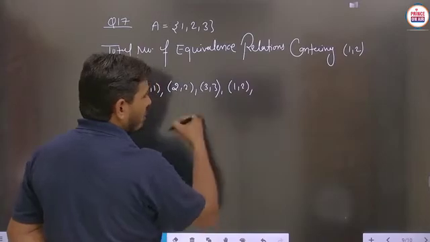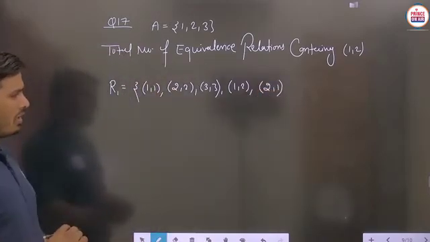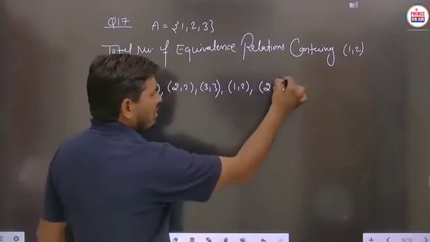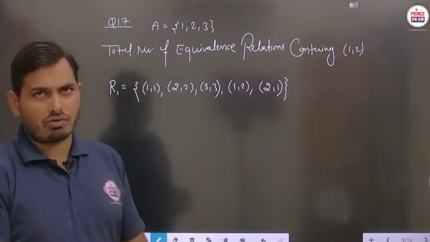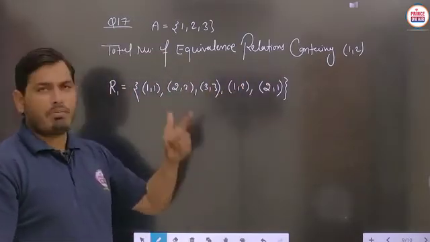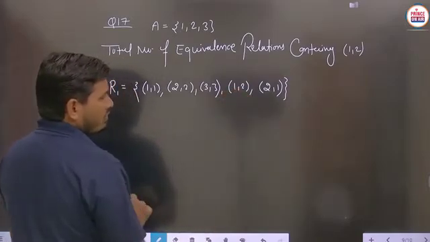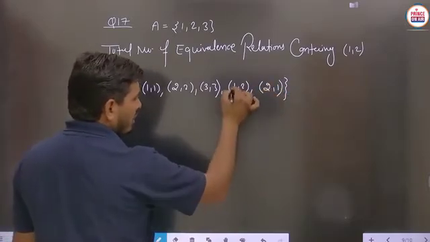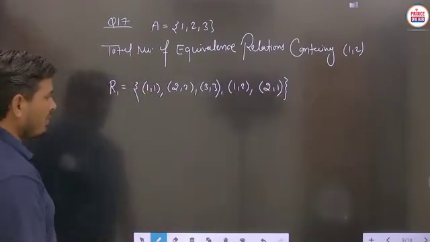Next students, the particular equivalence relation that we want to make should contain 1 comma 2. So if 1 comma 2 is there, then 2 comma 1 is also to be there. Is that to be clear? Now this is said to be the equivalence relation. So one equivalence relation you can make which contains the given ordered pair 1 comma 2, because 1 is related with 2 and 2 is related with 1, then definitely 1 is related with 1 here. So there should be no ambiguity in this kind of relation.